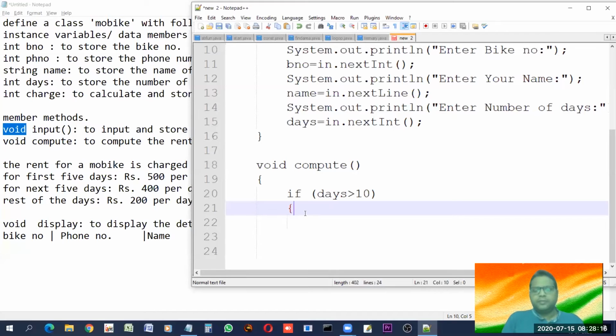If the number of days is greater than 10, why am I taking this greater number first? You may take it in any way. I just told you that there are various ways. So let us first make one. So how will the charge be calculated? Look,